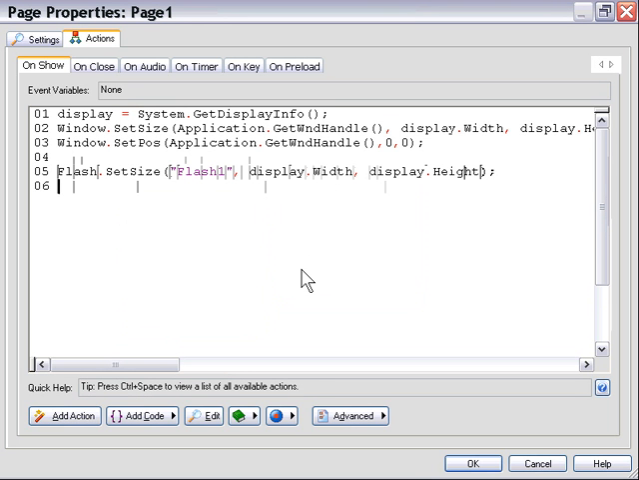Okay, that's pretty basic stuff. And now all we need to do is set the position of our Flash movie. Now this is a little bit trickier, but it's not that tricky. So we're going to use Flash set position, and what we need to do here is make a quick calculation. So first let's put in the name of our Flash object so we know what we're referring to, and we'll do our first calculation. Now basically what we're going to do is take the display width,